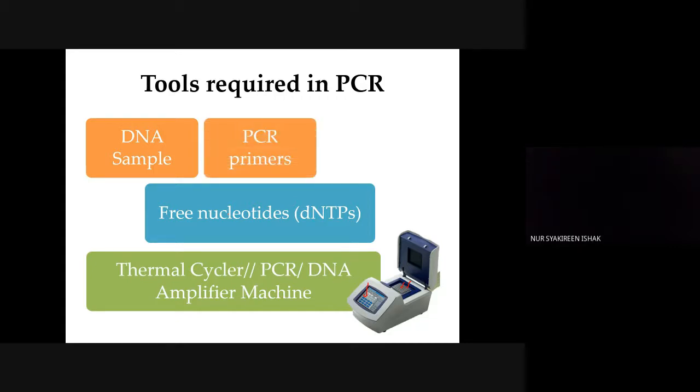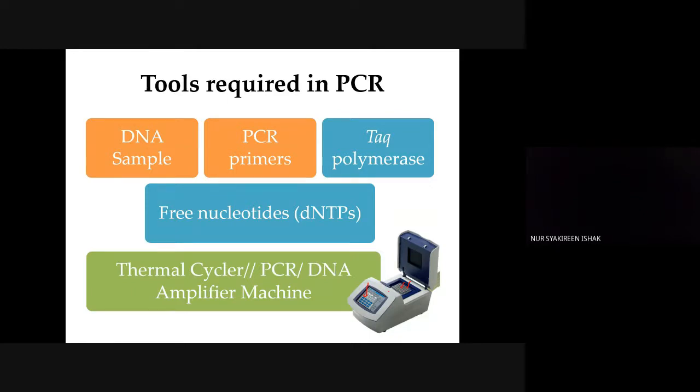And then PCR primers, kita dah belajar DNA replication kan. So DNA replication in order for DNA to be replicated, it has to have primer kan. It has to have primers. And then the enzyme Taq polymerase. Dalam DNA replication yang kita tengok dulu, to synthesize the new strand, it requires DNA polymerase. But DNA polymerase cannot withstand high temperature because when you run for PCR, dia melibatkan suhu yang tinggi kan,